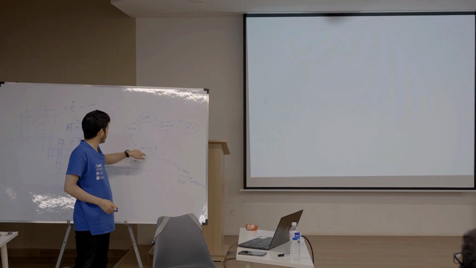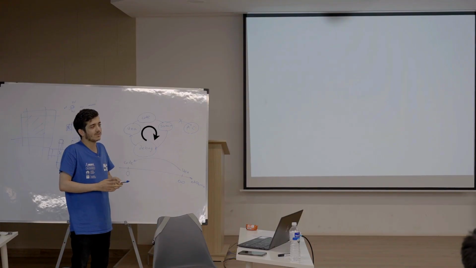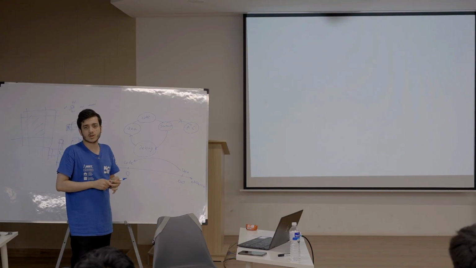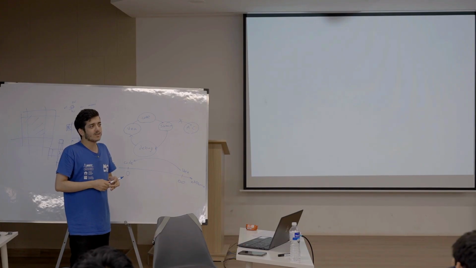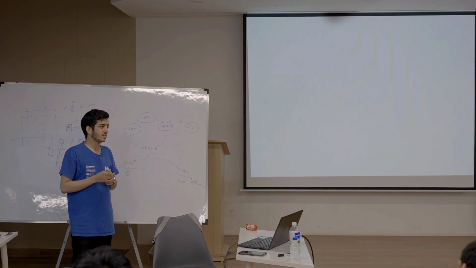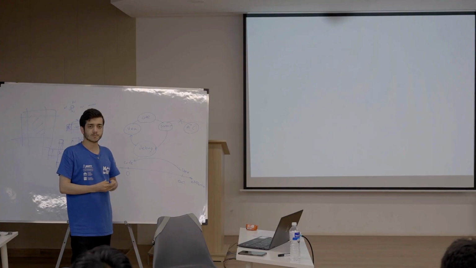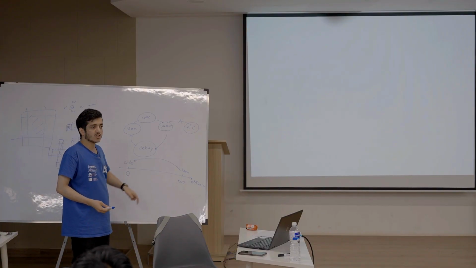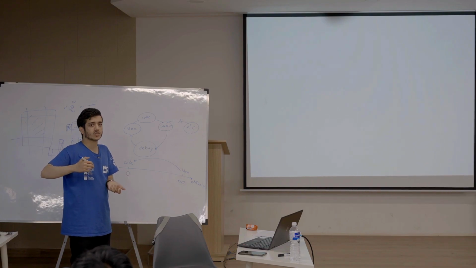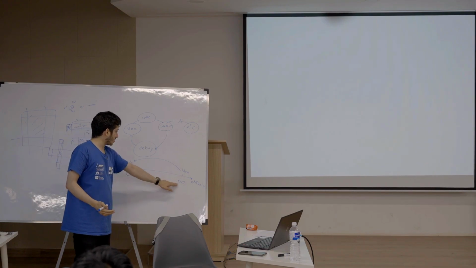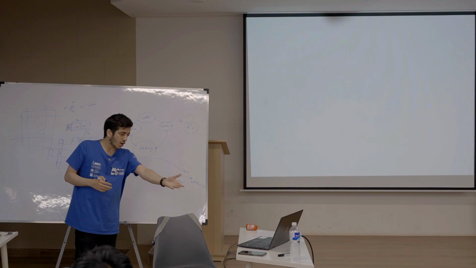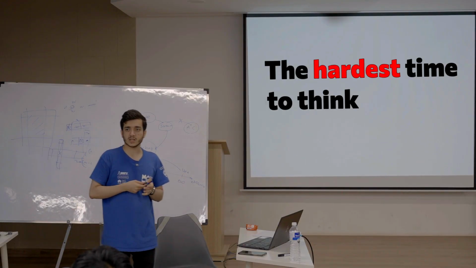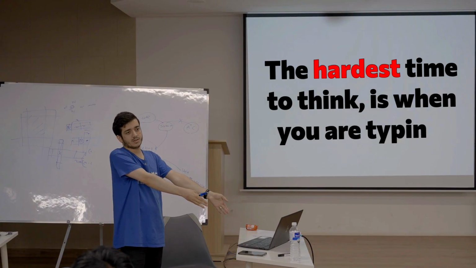We submit and we go debugging. Or even we don't submit, it's getting wrong answer on some sample test case. Or even while we are implementing, we understand that our idea is incorrect. A lot of waste, right? And all of these things are happening because we are trying to reduce the abstraction at once from infinity to 0 while we are typing code. The hardest time to think is when you are typing.